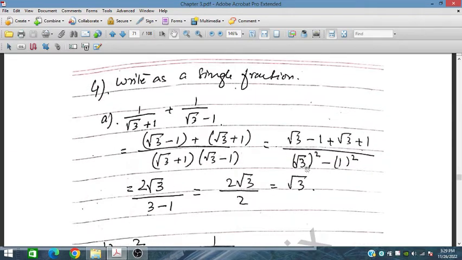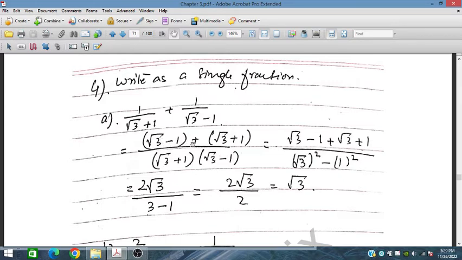Now write as a single fraction. So we have to write it in a single fraction form. So this has to take the LCM. So this will appear here and this will appear here. On the denominator we have a plus b, a minus b, so it becomes this, and we open this,